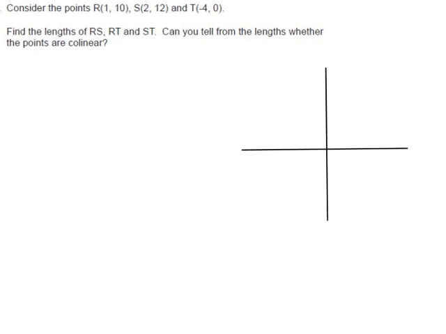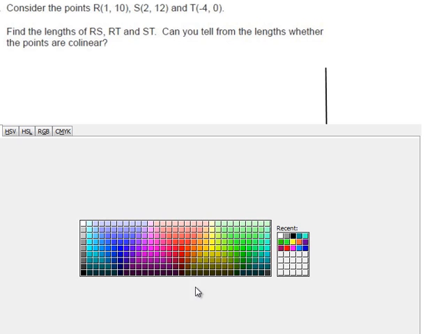Consider the points R, S, and T. Find the lengths RS, RT, and ST. Can you tell from the lengths whether the points are collinear? Okay,